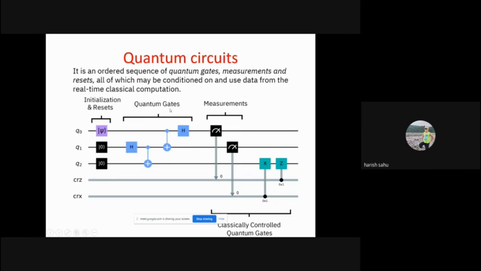You are already aware of these quantum gates. Then on this data, qubits Q0, Q1, Q2, we are applying some quantum gates. The heart of a quantum circuit is these quantum gates. Then we measure them. So three things are there: initialization, then quantum gates, and then measurement.